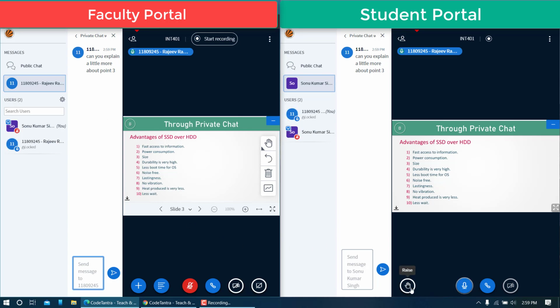So if you'll see a button here, let us say the teacher is teaching something, and in that case if you speak directly, then the problem is he will get disturbed. So what you can do is, you'll click on raise hand, and the moment you click on this raise hand button, there will be a raise hand icon in front of the teacher, on the teacher screen. So I'm going to click on raise hand from the student account,